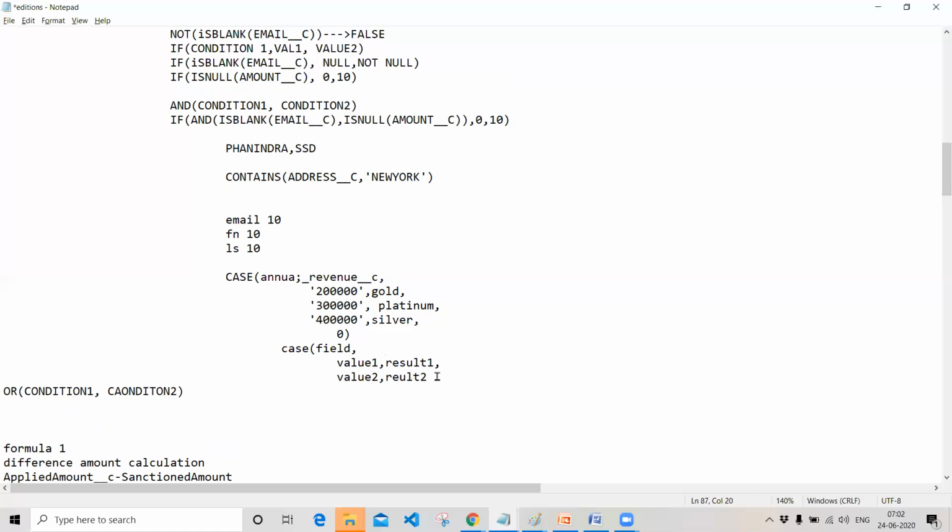And if these conditions are not satisfied, you can give the false condition as 0 or any other value. If the value doesn't exist within the given condition and is not giving a true result, you can define your false value also, like 0 or 10, which we have discussed.